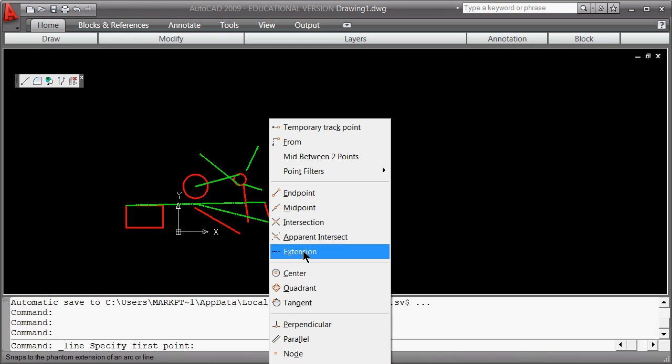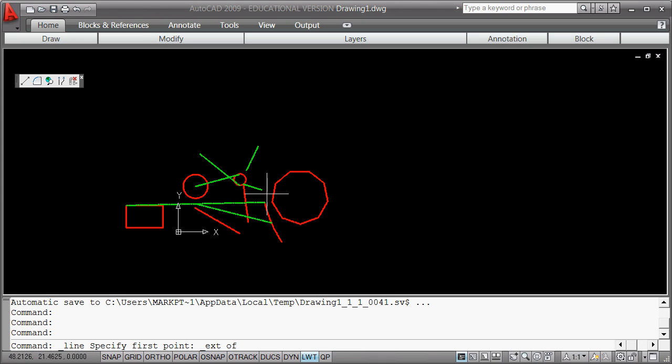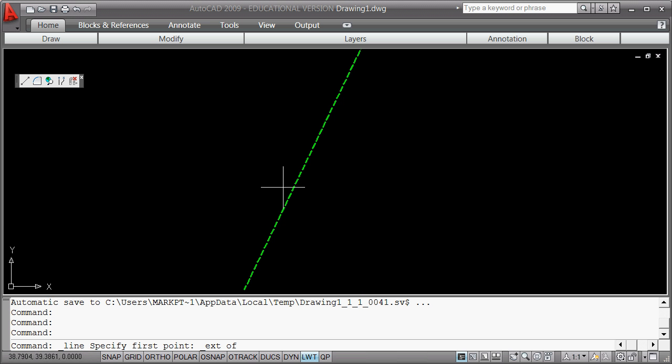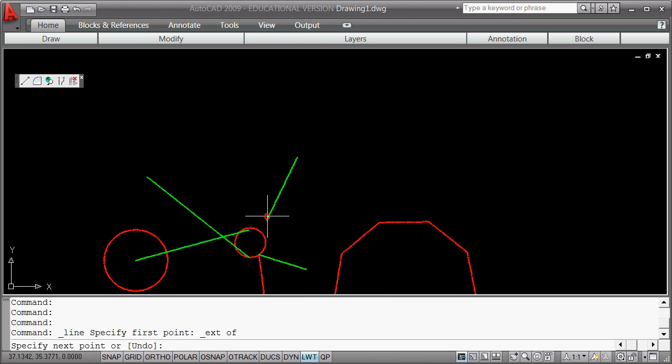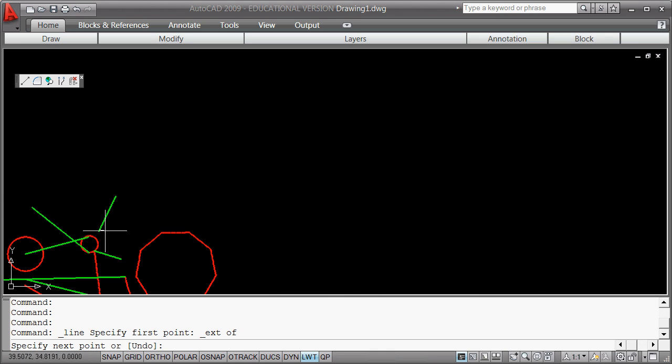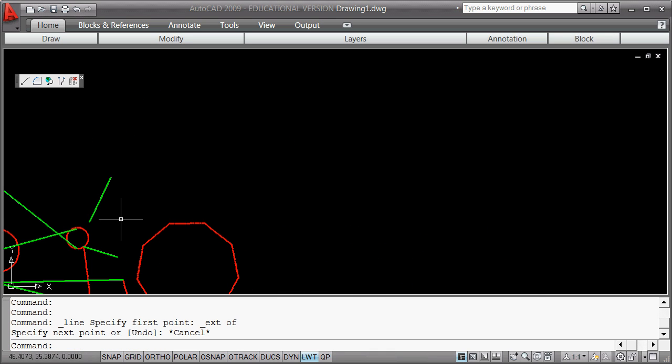The extension of this, it would appear. Let's try to get the extension to that. And then you can kind of key in an extension. All right. It's actually grabbing something on an edge, but if you try this again, if you try to line